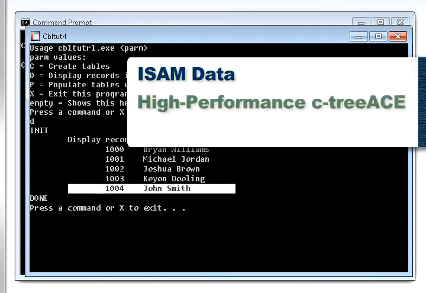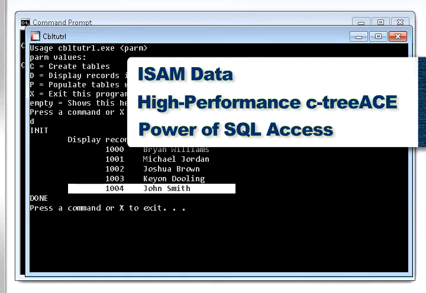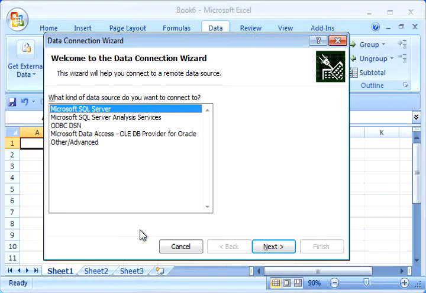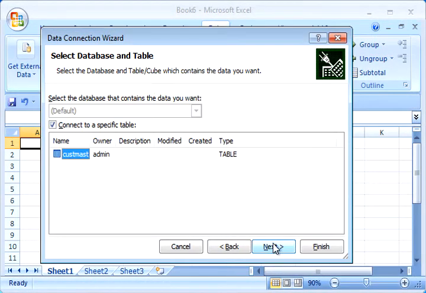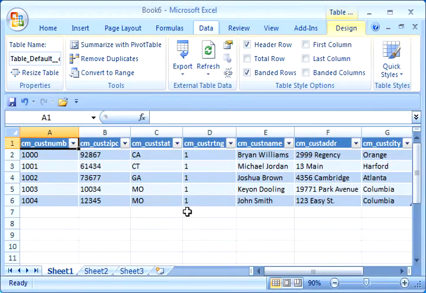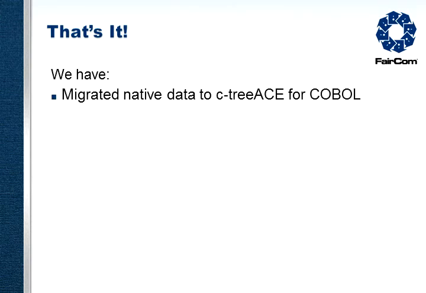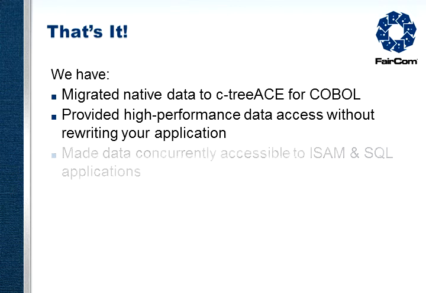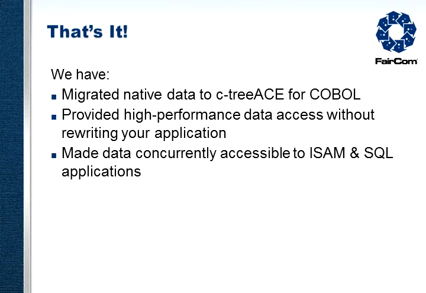Now we have the benefit of high-performance ctree transaction processing, and we have the power of accessing this data with SQL. Just this easily, you could connect your native COBOL data to an Excel spreadsheet. But that's a topic for another tutorial. That's all there is to it. We have just migrated ISAM data into ctree to provide robust, high-performance access to your data without rewriting your existing application. And we have made that same ISAM data accessible to SQL